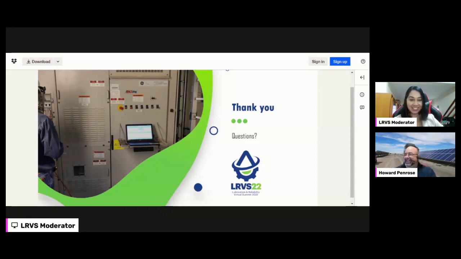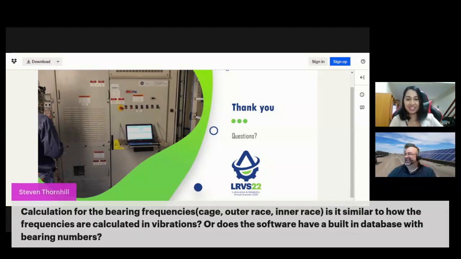That's quite a lot. We have a question from Stephen though, and it's a bit of a long question. What is the calculation for bearing frequencies? Cage, outer race, inner race. Is it similar to how the frequencies are calculated in vibration, or does the software have a built-in database with bearing numbers? Very interesting question. Okay, it is calculated the same way, and I'm going to just do the commercial bit